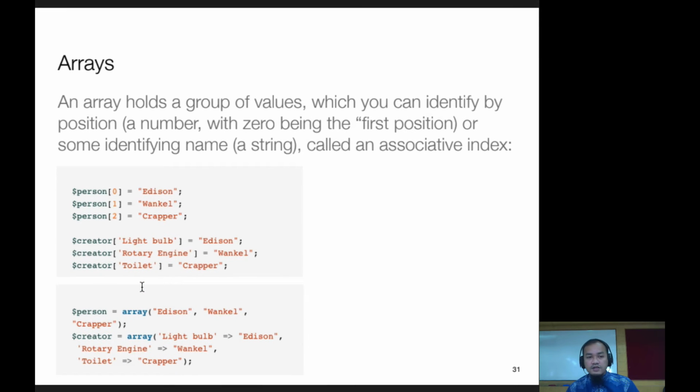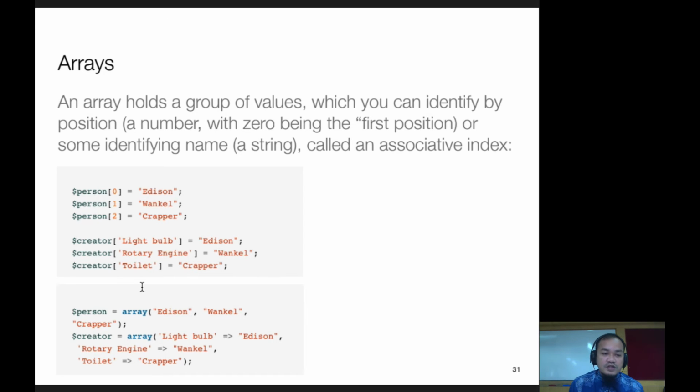Array, okay. An array holds a group of values. If you want to collect variables into one single variable, you have to use an array. It's much better than defining every variable, 1, 2, 3, 4, 5, 6, something like that. That becomes trouble for you. You make your code long, so better to use an array to hold a group of values, which can be